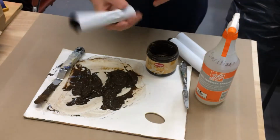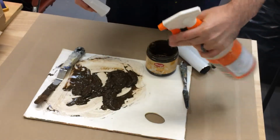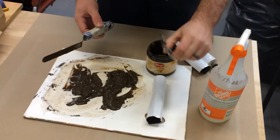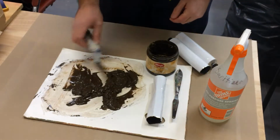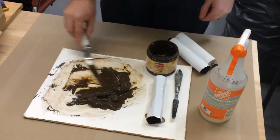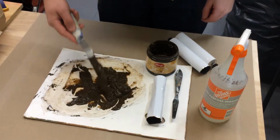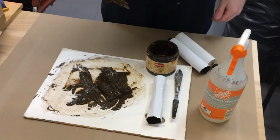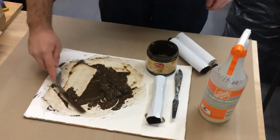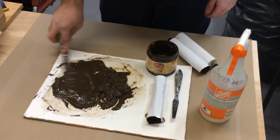So I've got my empty tube that I've already put a little bit in, and this is acrylic, so I'm using a little bit of water sprayed out, and then I've got a big palette knife, little palette knife just in case, and I've put a couple scoops out on the palette, and then I'm just mixing it down because it's got this kind of chunkiness in it that's just not nice when you're trying to paint it out. So to smooth it out, I'm just spreading it and then rubbing it down to kind of smush those